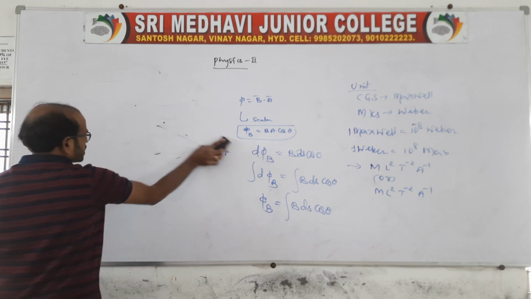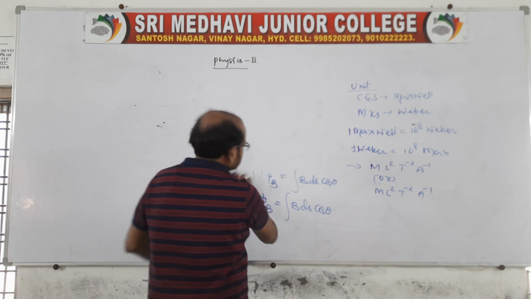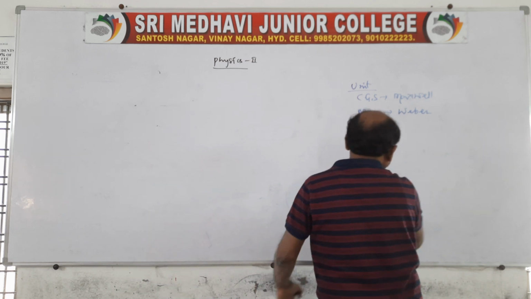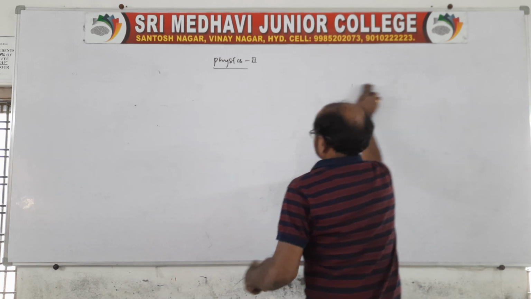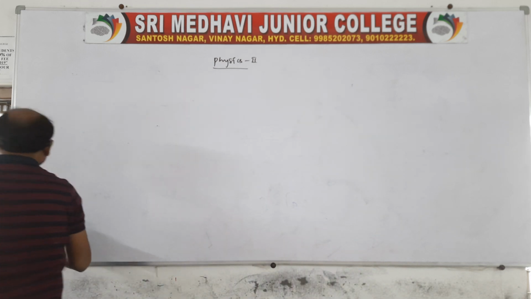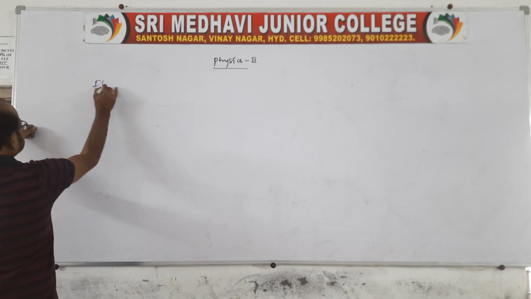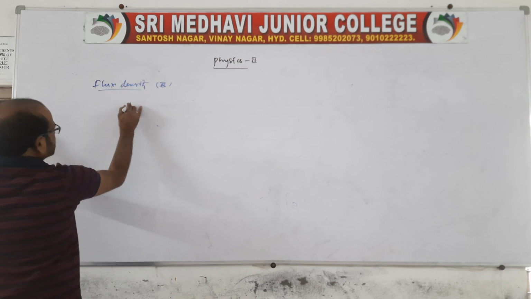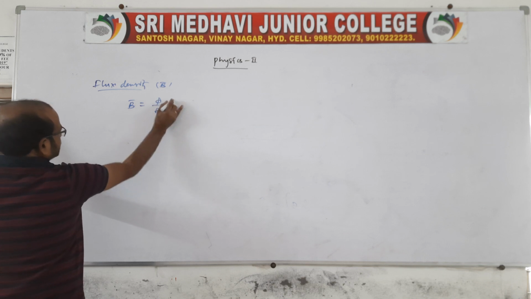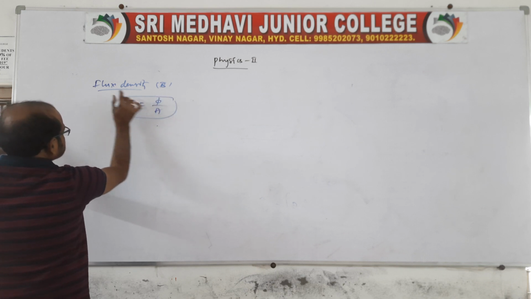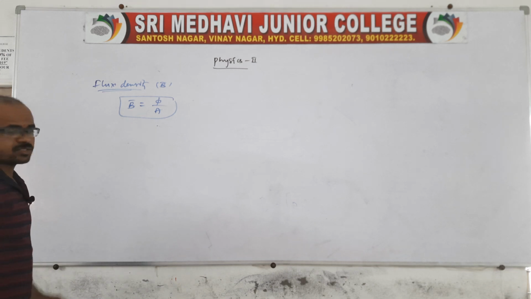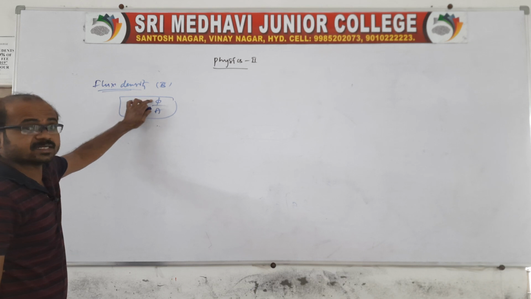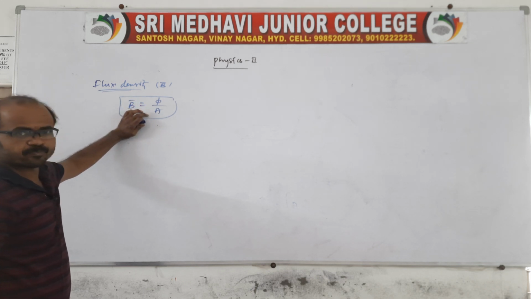In the same way, another one is there, that is flux density. Sir, what is meant by flux density? Yes, we can go through the flux density. Flux density is B bar. B bar is nothing but flux per unit area. Simple. Which flux? Magnetic flux. So the magnetic flux density B bar, we can define like this: flux per unit area.